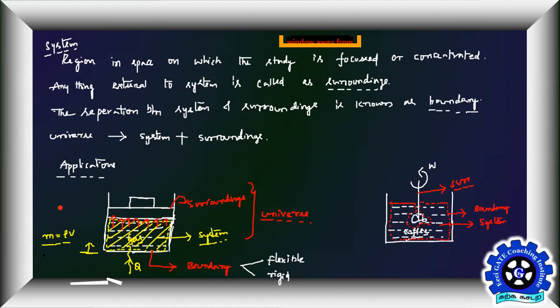When the volume decreases, density has to increase because the gas molecules are coming very close when the volume is decreasing. So you expect density to be more. And vice versa: if the volume is increasing, the molecules are going very far, so you expect the density to come down, but the product will be the same. So these kinds of systems are again called closed systems.